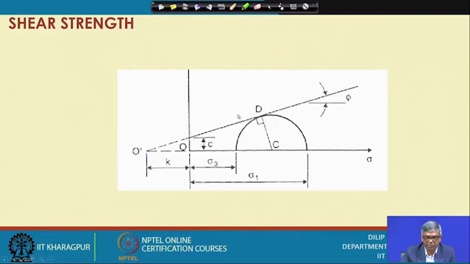So, if I consider sin phi, based on this triangle, sin phi equals, actually this is 90 degrees, so this by this, this by this. So, this is CD by CO dash. If that is the case, then sin phi I can write in terms of some known parameters. This is how much up to this, how much up to this, all those I can